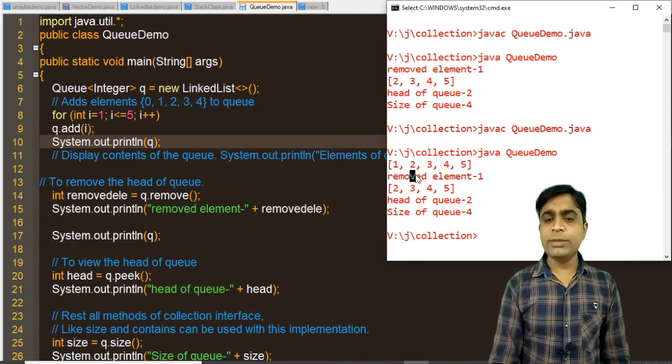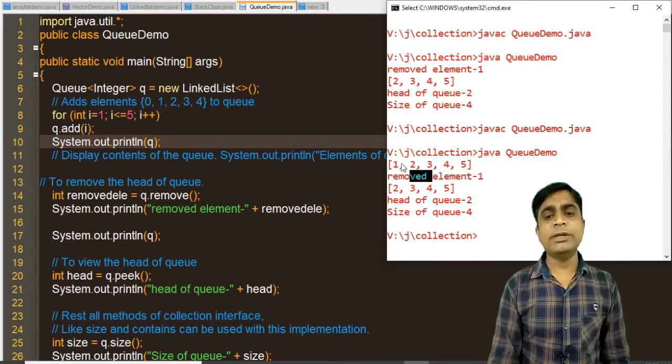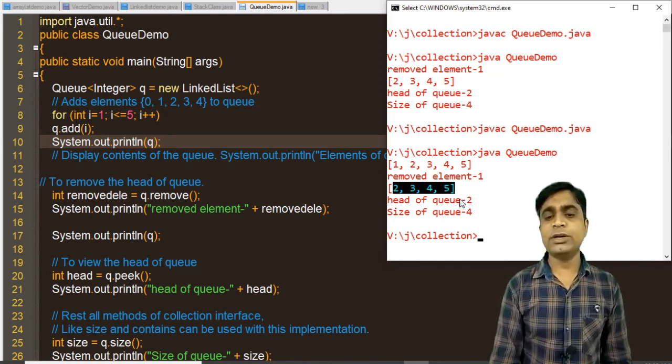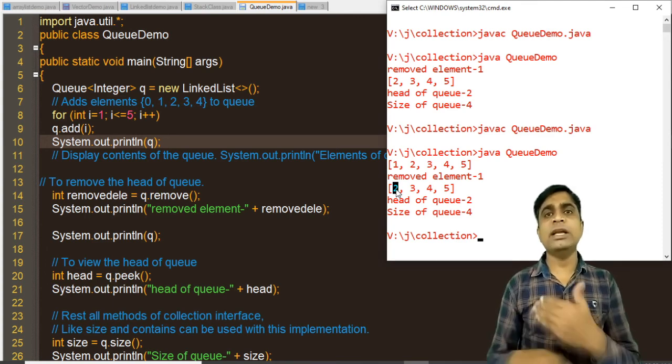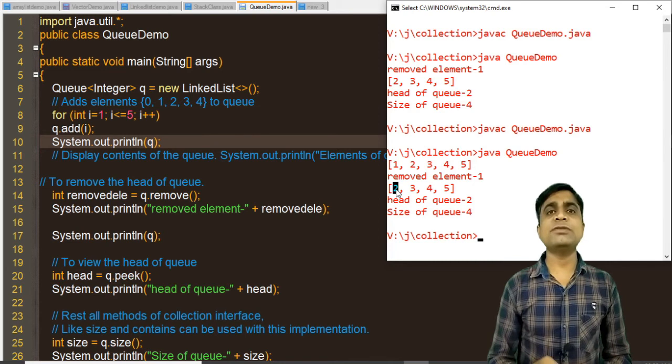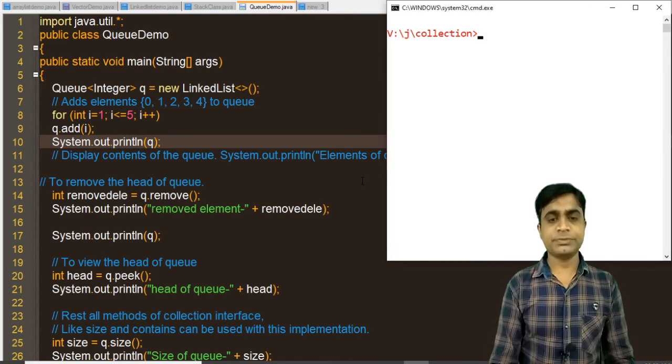Now if you remove an element, with a stack the 5 would be removed, but here it is a queue, first in first out, so 1 is removed first of all, and then we have 2. Now our head points to 2, because the next element to be removed is 2. If you remove any element, then 2 will be removed, then 3, then 4, then 5, because this is a first in first out manner.